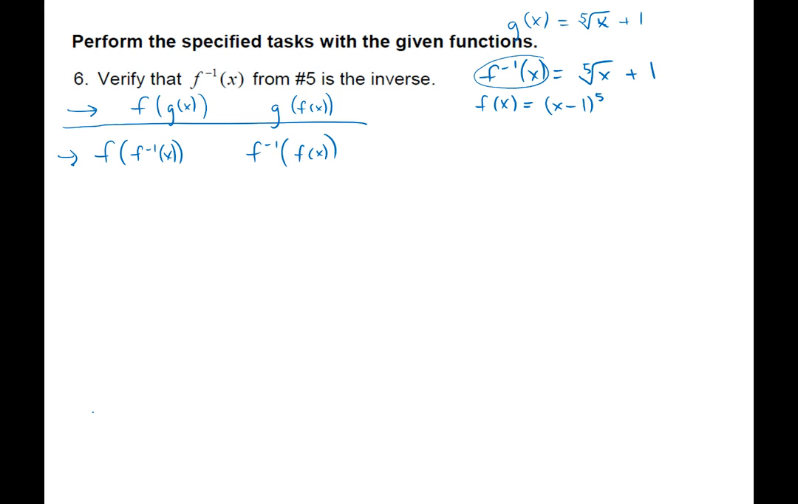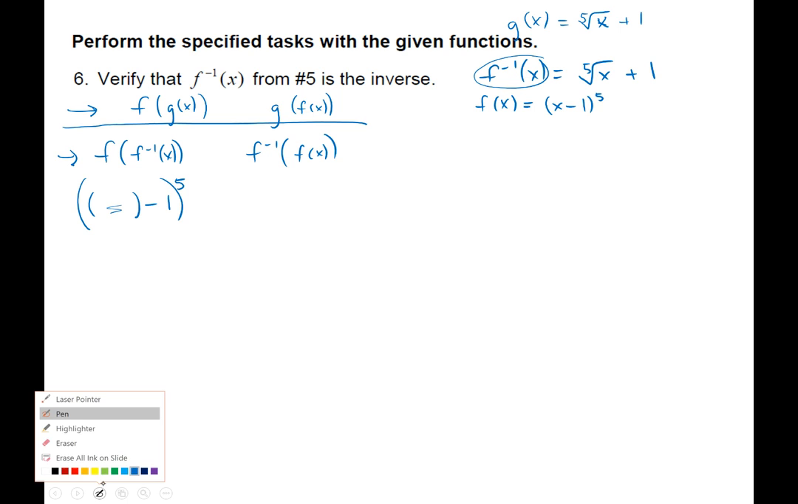So I'm going to do f of f inverse, which means I start with my f of x function, which says parentheses, instead of x, I'm going to put in new parentheses, minus 1 to the fifth power. So this is the f of x function. I just replaced the x with parentheses right here. So then I'm going to substitute for x the f inverse function, which says the fifth root of x plus 1. So in there, I don't really need those inside parentheses, so I'm